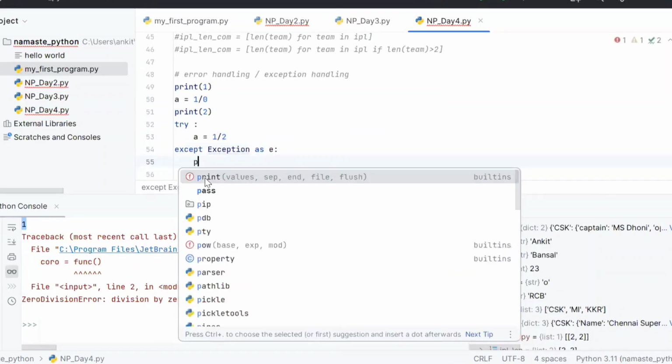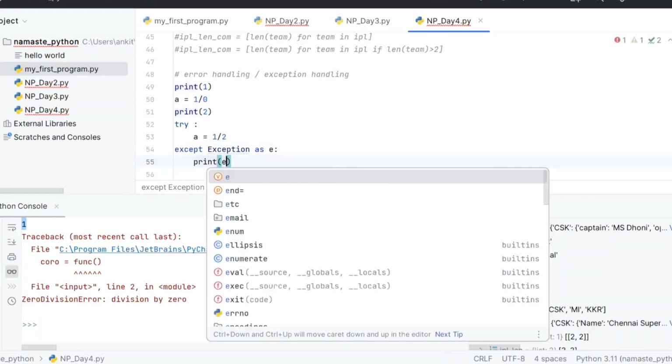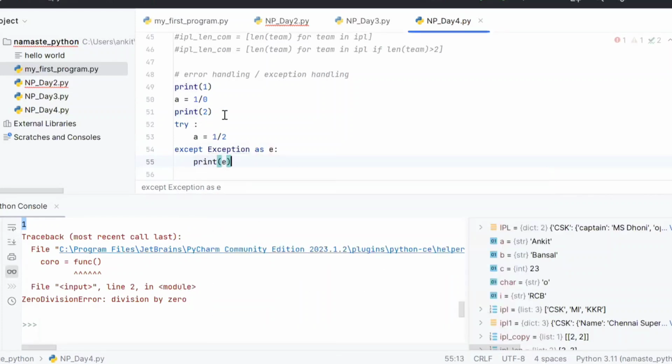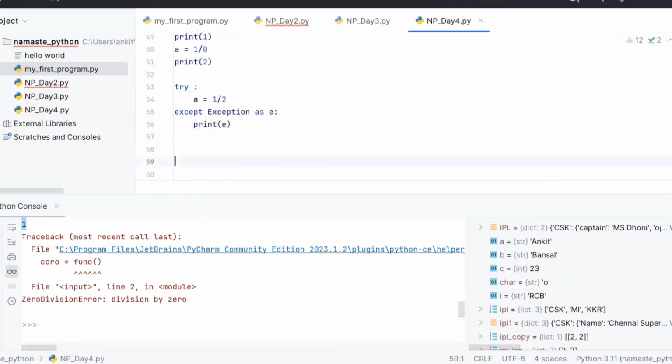And I will say print E. Okay, so you can put all of your program, whatever program you write, in the try block, and then you can put an except block, and this is the exception. So whatever exception is coming will go into this, and we are assigning it to a variable as E and then printing E. Okay, simple.